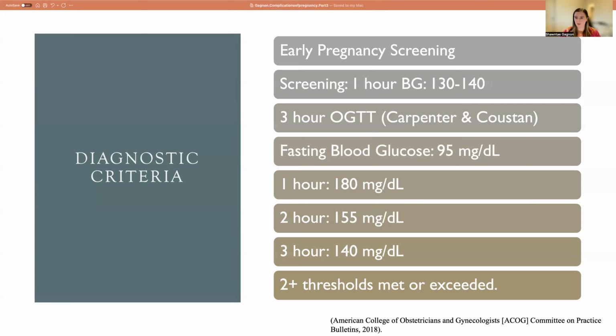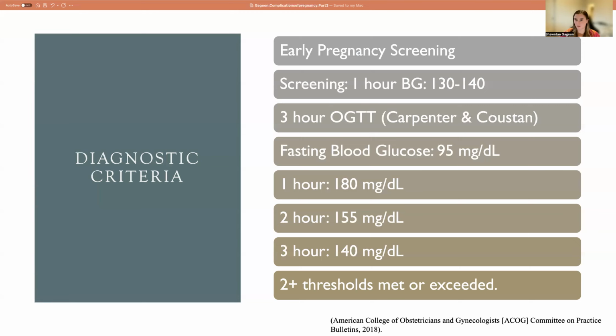And the Carpenter and Coustan values will be used for this presentation today. But the 1 hour screening guideline says the blood sugar levels should be between 130 and 140. So if they're lower than this, she passes and she is cleared from gestational diabetes. Of course, unless later on in pregnancy she develops symptoms. But